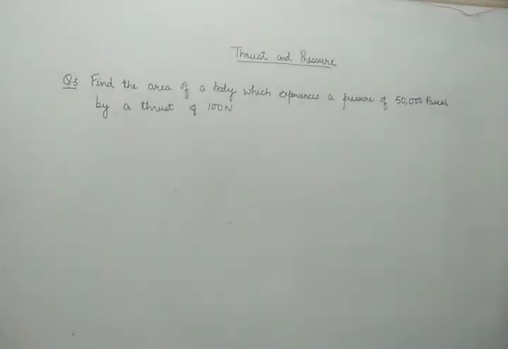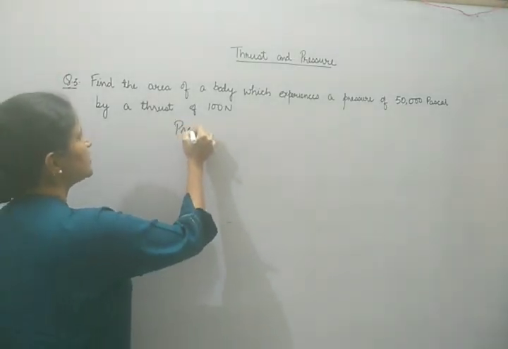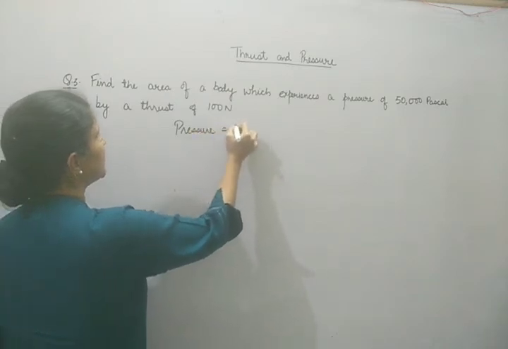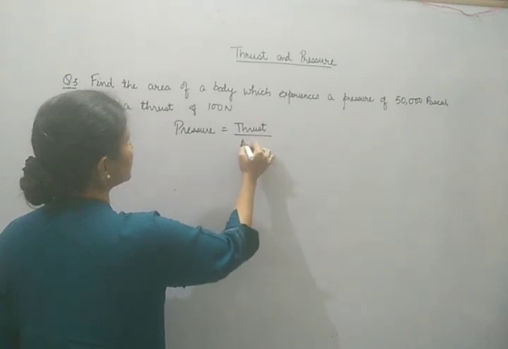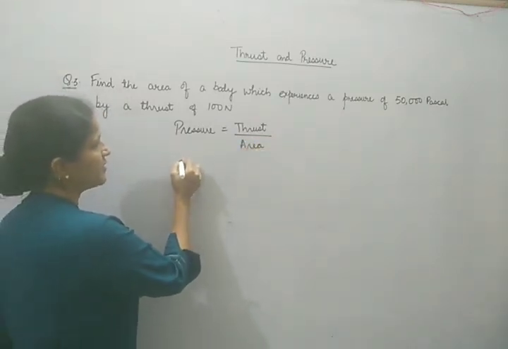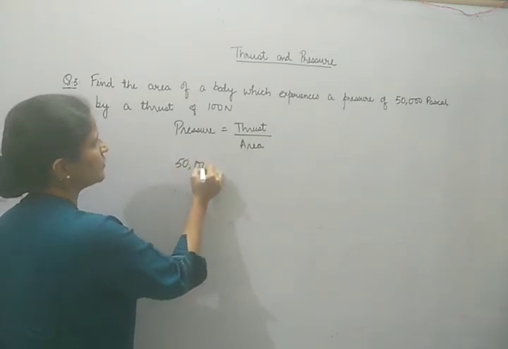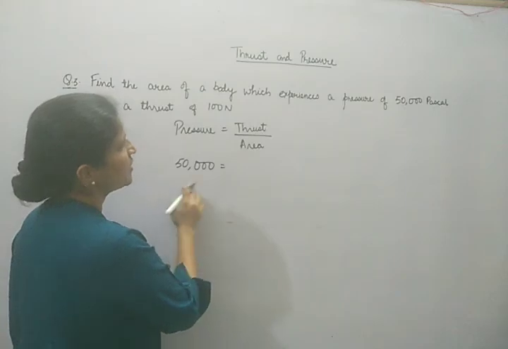Another example, we are here required to find out the area of a body which experiences a pressure of 50,000 Pascal by a thrust of 100 Newton. Simple question, we can simply apply the formula of pressure as thrust per unit area. Since all the values are given in SI units, we don't need to do any sort of conversion here. The pressure is expressed in pascals, which is equal to 50,000. No conversion is needed, so I am skipping writing the units. Thrust is